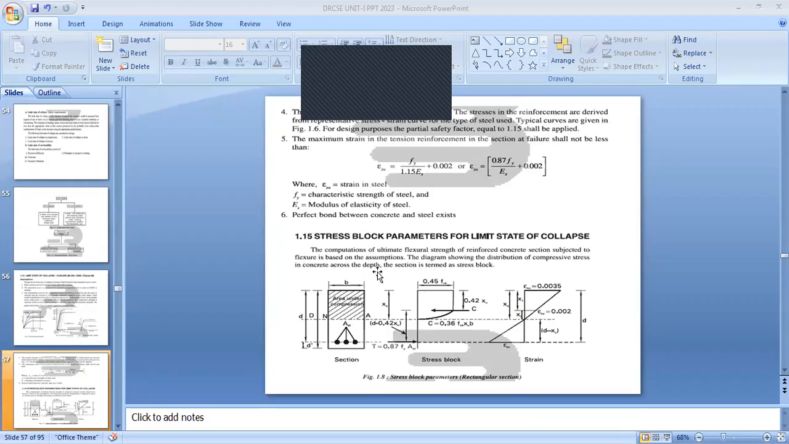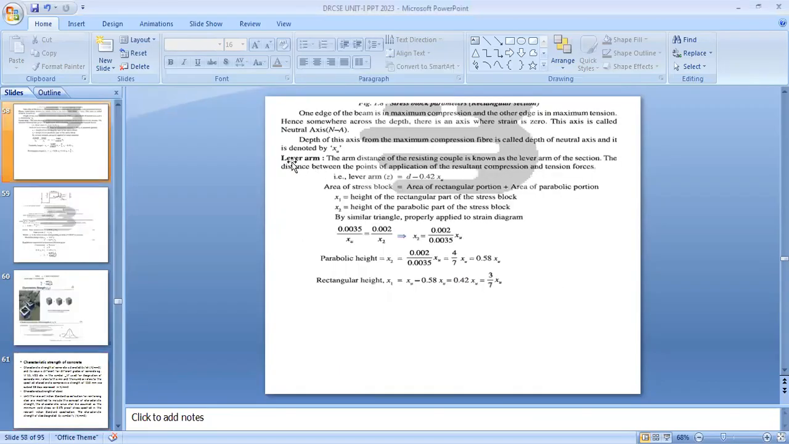Lever arm is a very important term. The arm distance of the couple is known as lever arm distance. The depth of the axis from the maximum compression fiber is called depth of neutral axis and it will be noted as